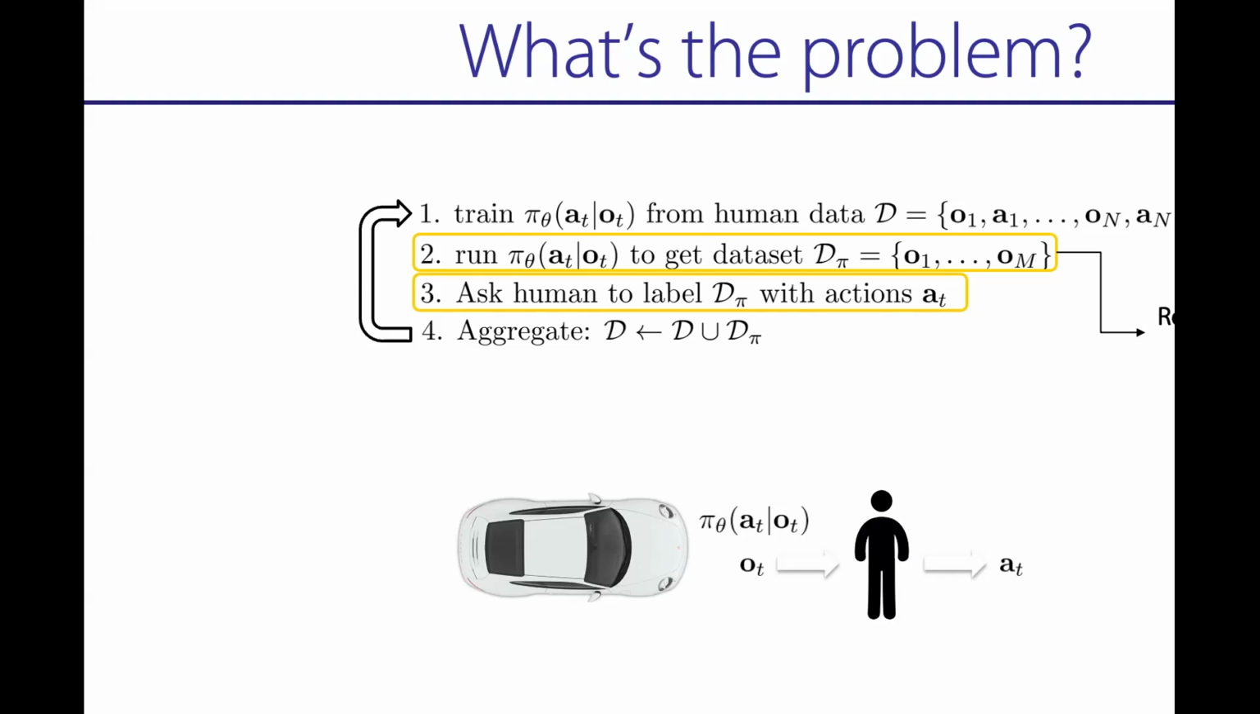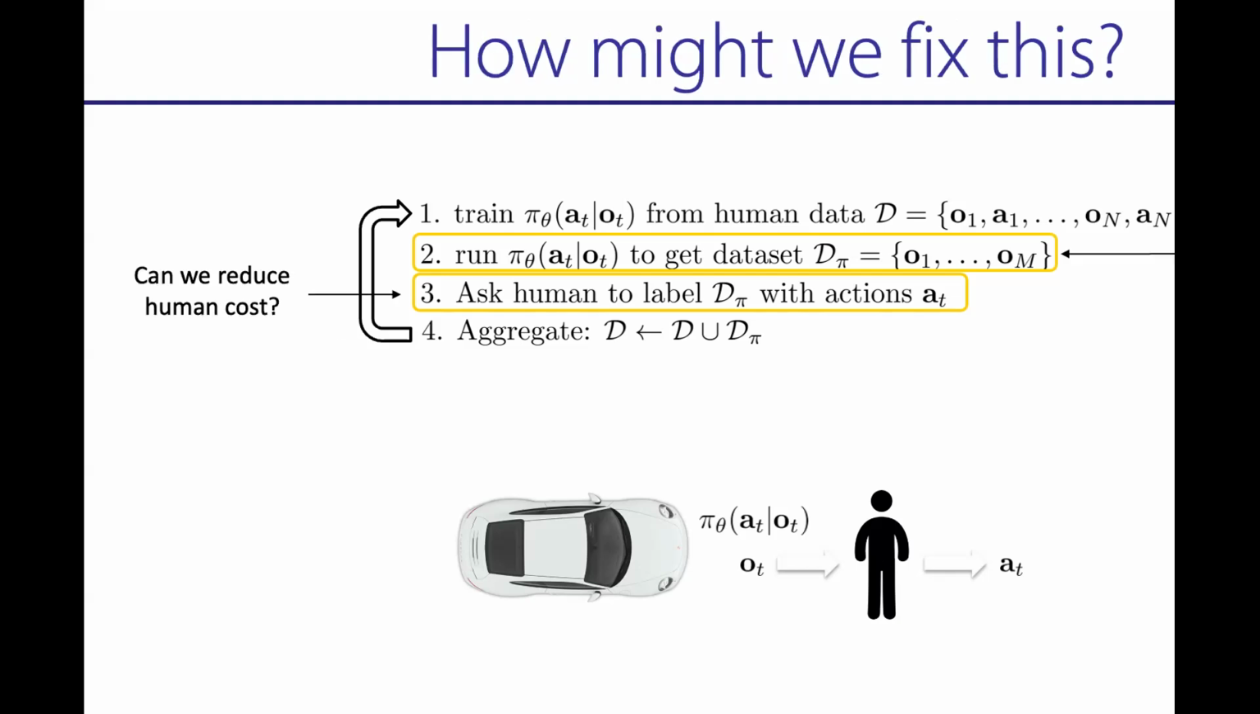Okay, so we have step 2, which requires running policies. Step 3, which requires this human effort post hoc, and we're going to try and address both. So let's start by thinking about, can we avoid labeling things post hoc? Can we avoid having this loop of running things and having humans go back to those states